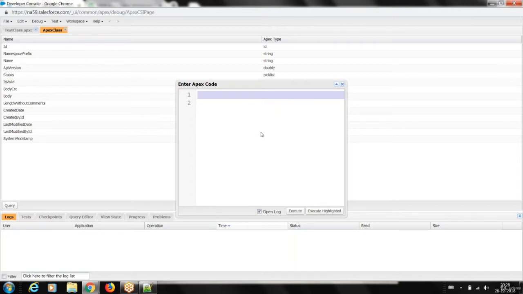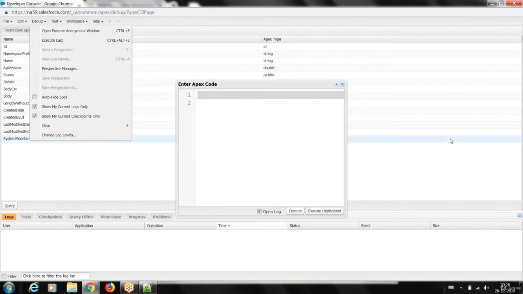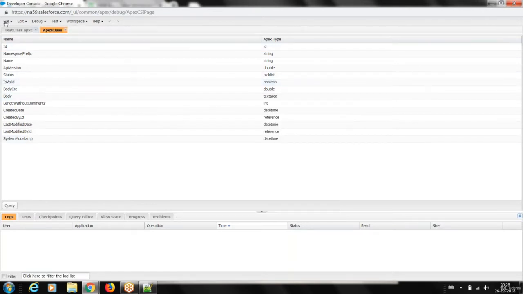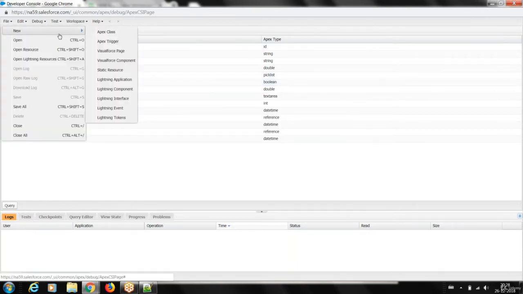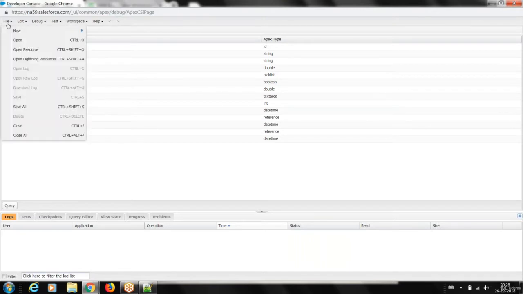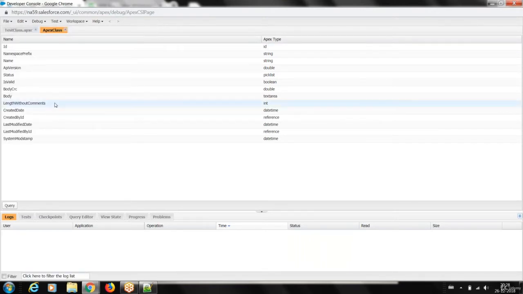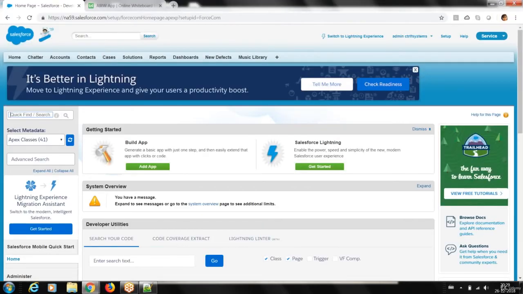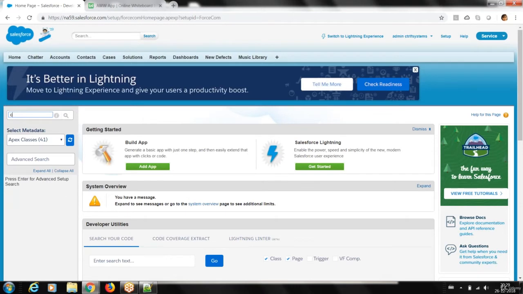If you want to execute anonymous code, we can do it from this anonymous window. From this developer console you can go to file, create any new class, and we have something called trigger page, and also you can open any existing thing. Right now we're not focusing on this part. I will write everything in the anonymous window and show you. The same way, we even have an inline editor here. If I want to write a new class, I can use this Apex class, where I can click new.